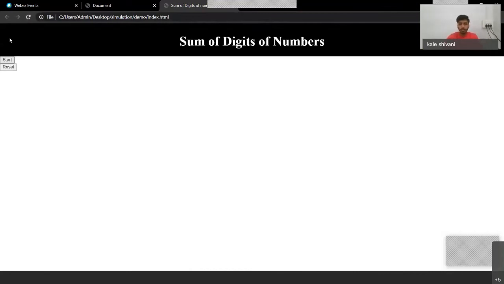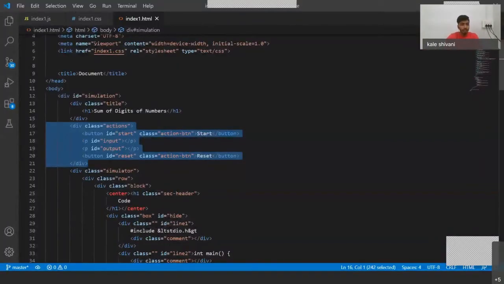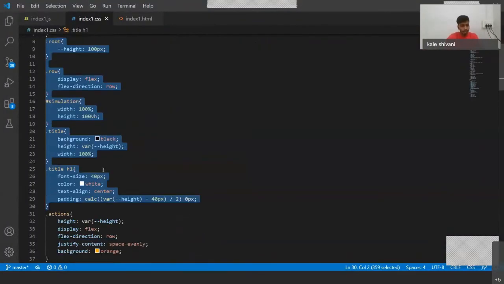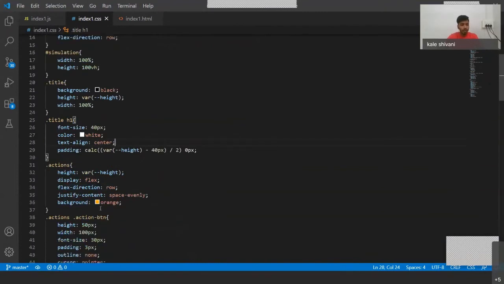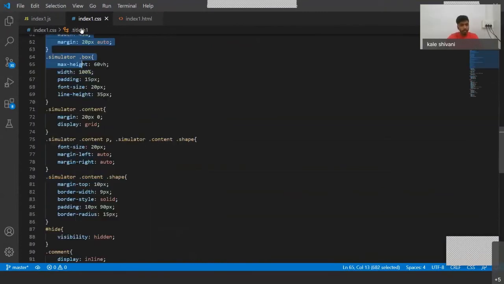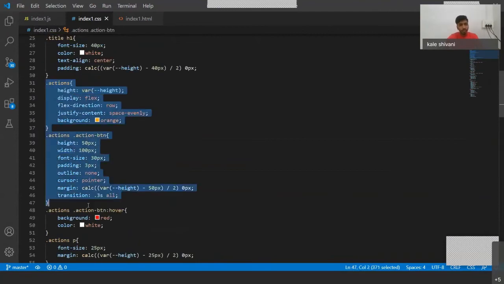So for that we will apply CSS. In CSS we have the actions class, and then for the buttons we specified the class as actions btn.